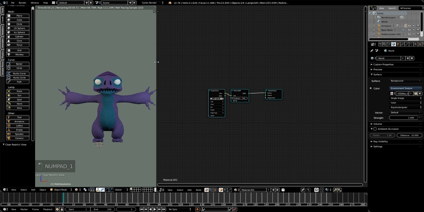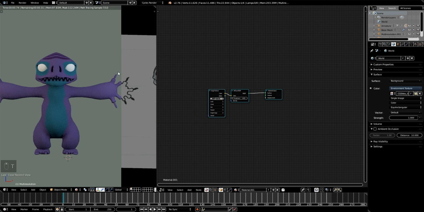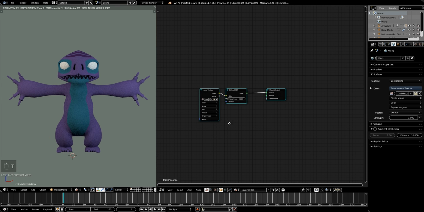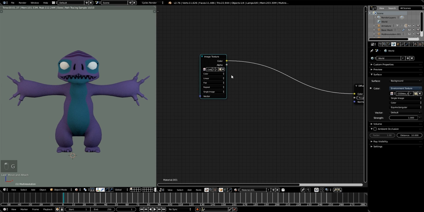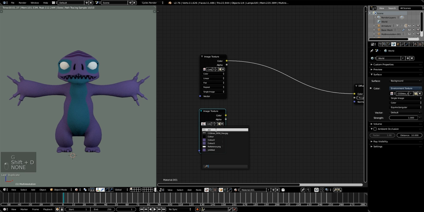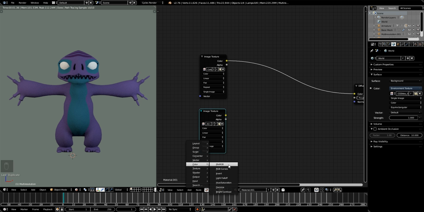So now to the material. First of all, I want to mix two textures, ambient occlusion and our color texture,